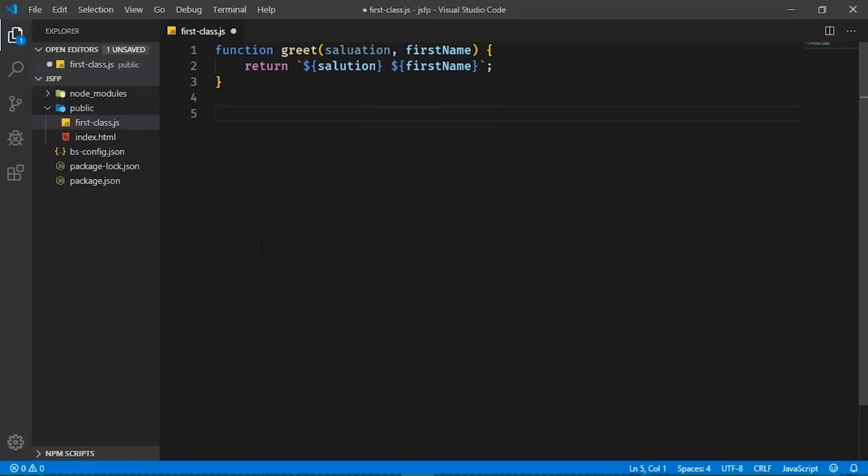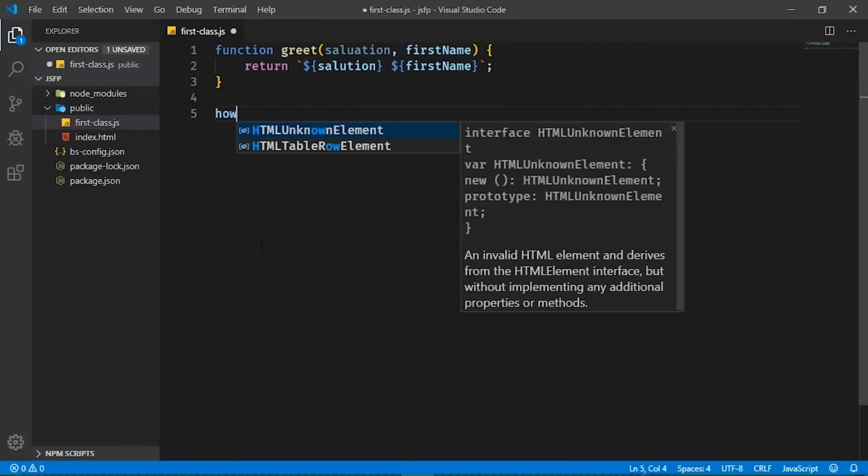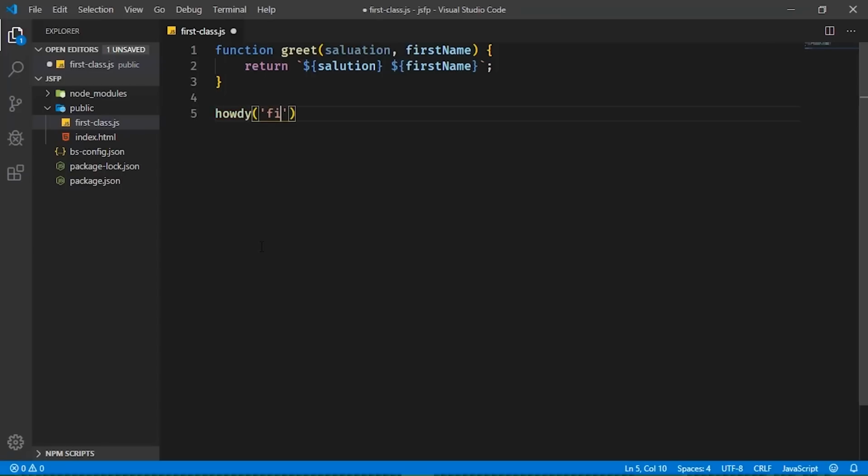But what if we wanted to write a more specialized function for greeting someone, so that we would have a function called howdy, and then we would pass in the name Jim. And so that would output howdy Jim, or we would have hello and pass in Jim, and that would be hello Jim. Well, we can write that in a couple of different ways, but really the best way of doing